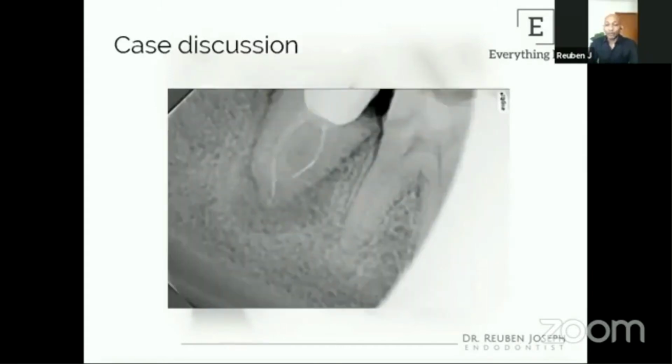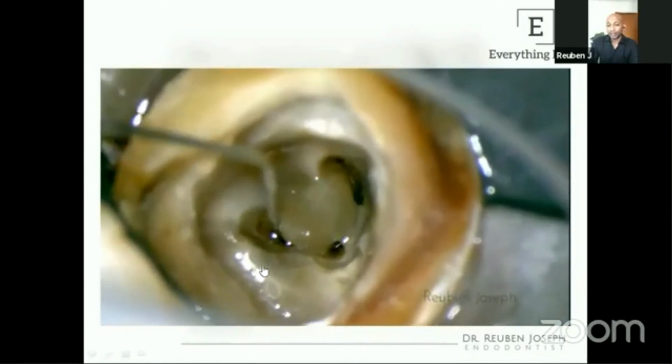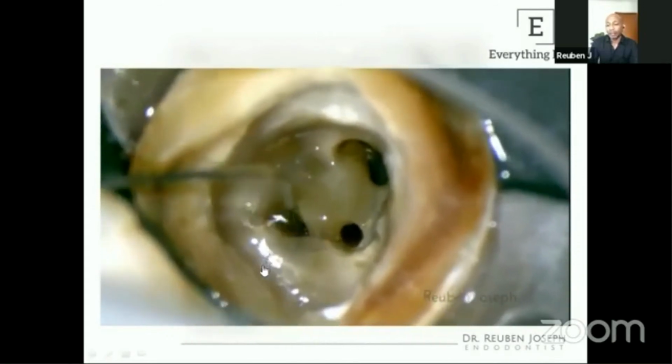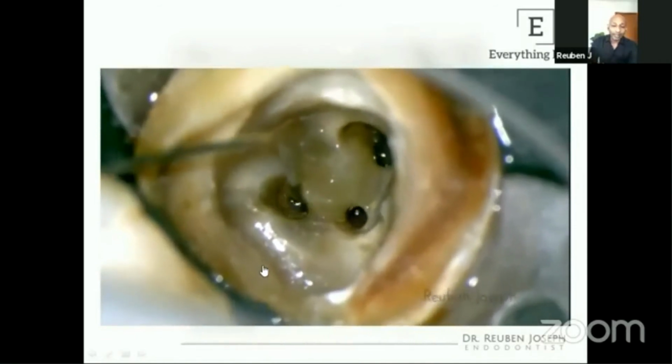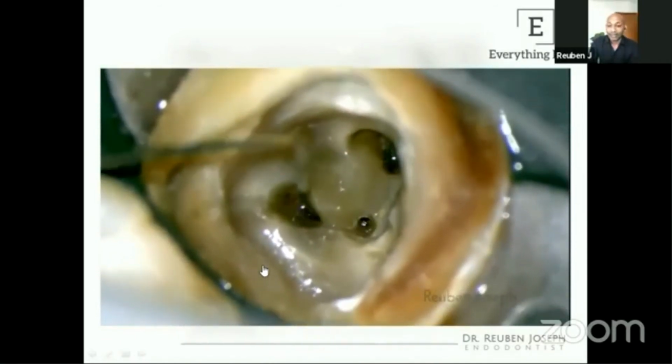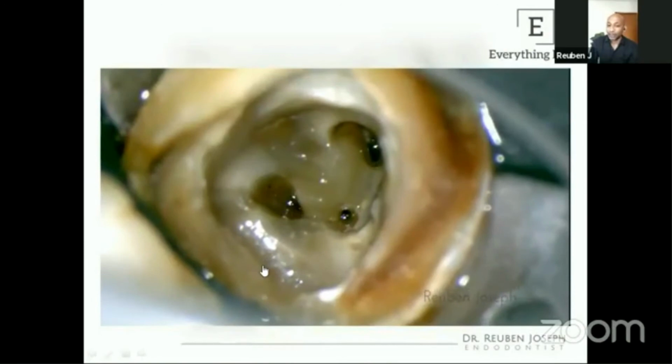So this was a case of a retreatment with a large lesion and a broken file in the mesial canal. In this position, removing a broken file never posed a challenge to someone who's been doing it for a while. We got the file out, and if you can see, I haven't actually shaped the canals beyond what the previous practitioner has done. All I'm doing here is spending a lot of time with the irrigants inside. What I'm trying to show you is that all the canals in this root are interconnected. If you can see the irrigant going in and coming out, there's so much confluence happening on the inside.